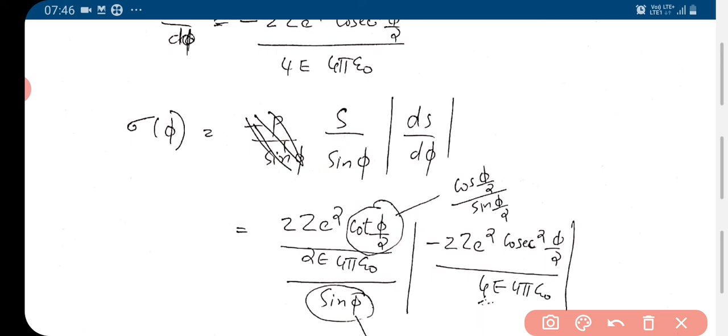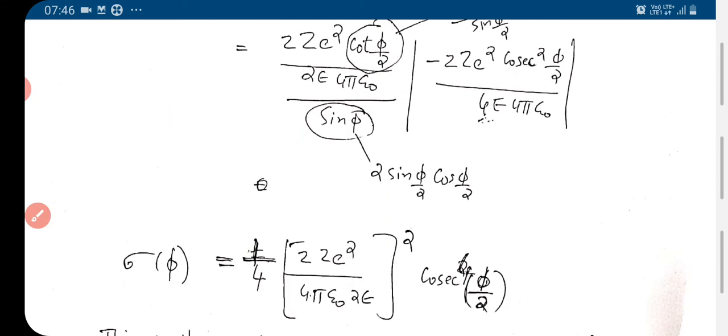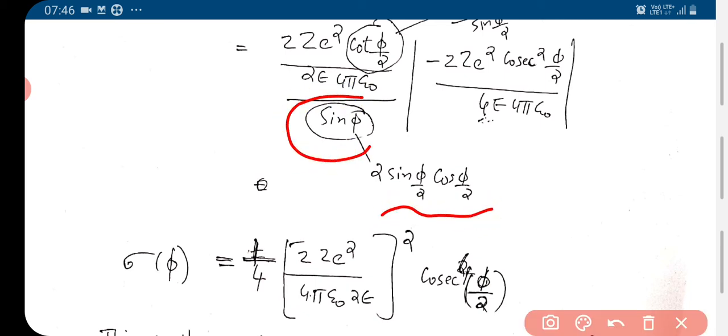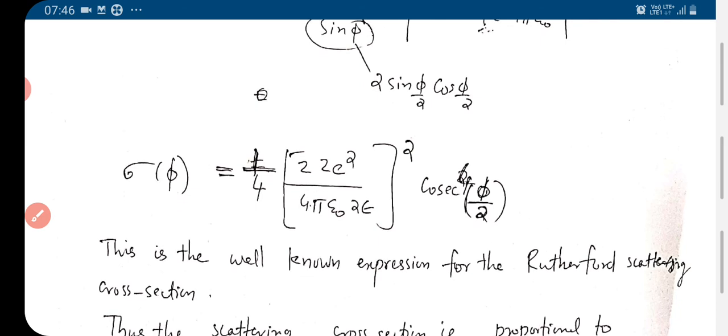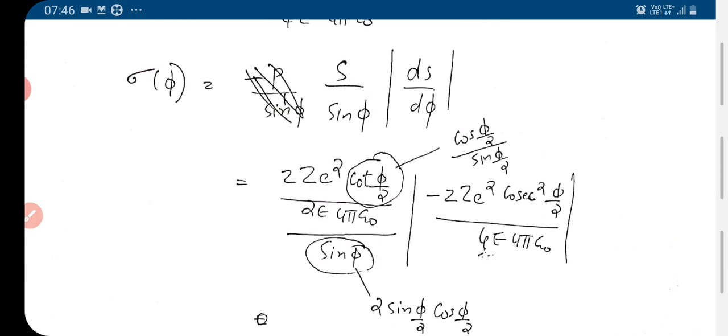For S we are substituting this, and the sin phi we have here, and for ds by d phi we are substituting this. We have just found ds by d phi. And we are writing sin phi as 2 sin phi by 2 cos phi by 2. So we substitute, and we get,